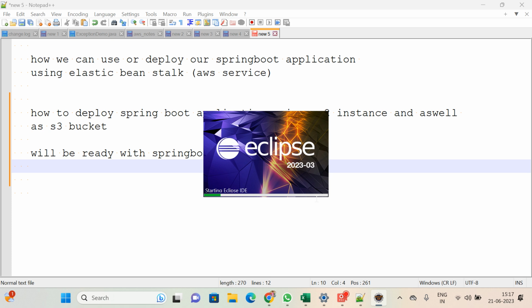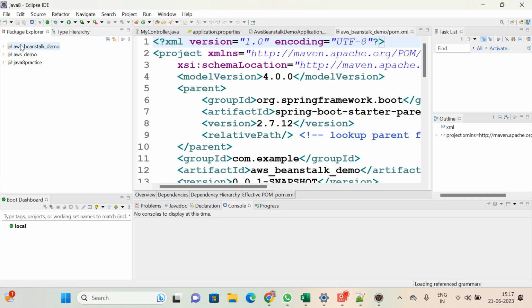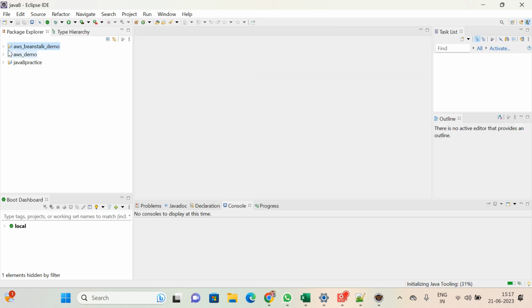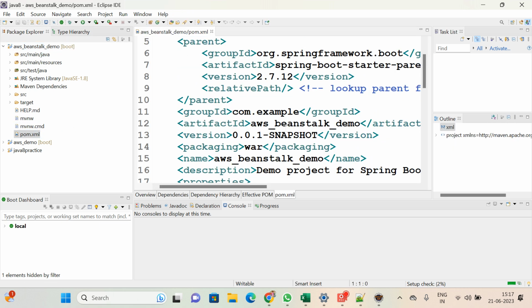So just wait. Okay, once it gets opened, yes, here if you observe, AWS Beanstalk demo is there. Let me close all these things. This is the Spring Boot project, and here if I open the pom.xml file, here I mentioned